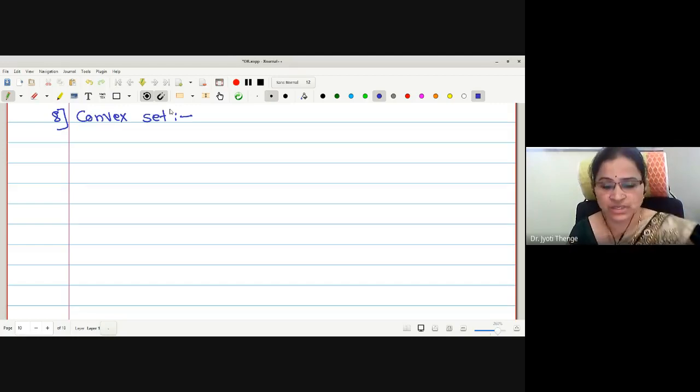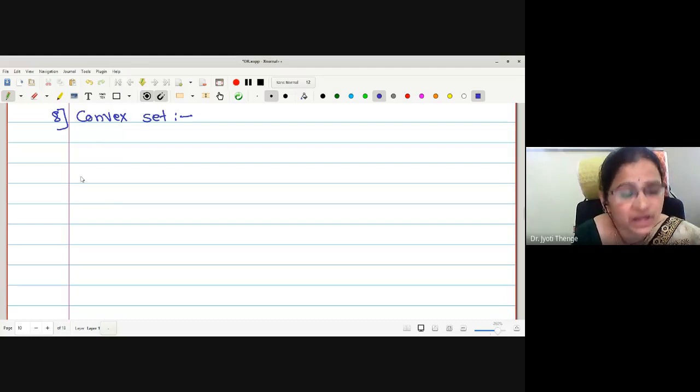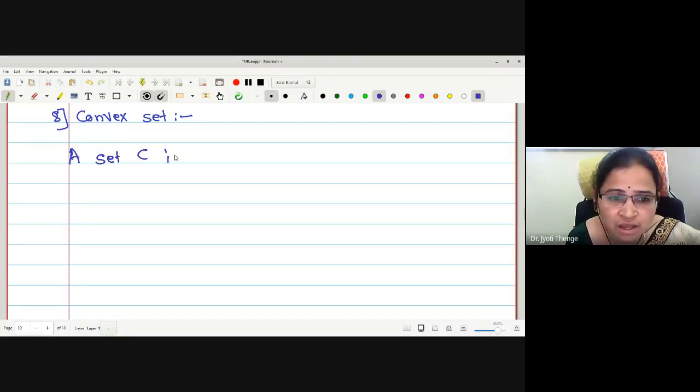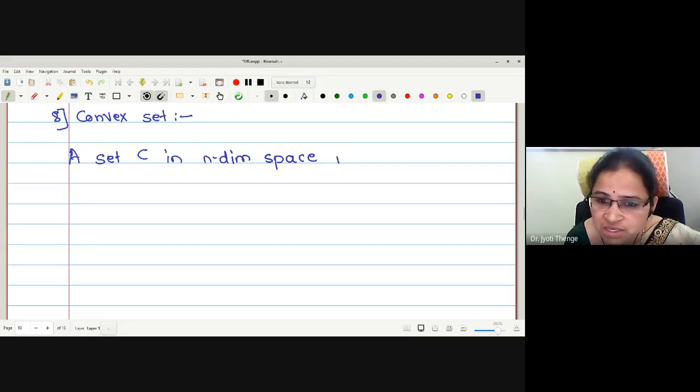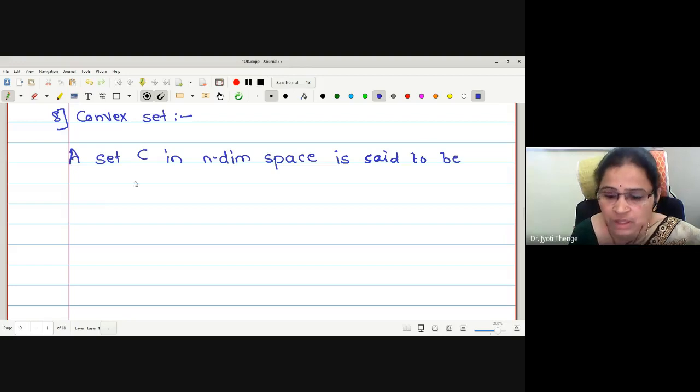Let me write the definition. A set C in n-dimensional space is said to be convex if for any two points